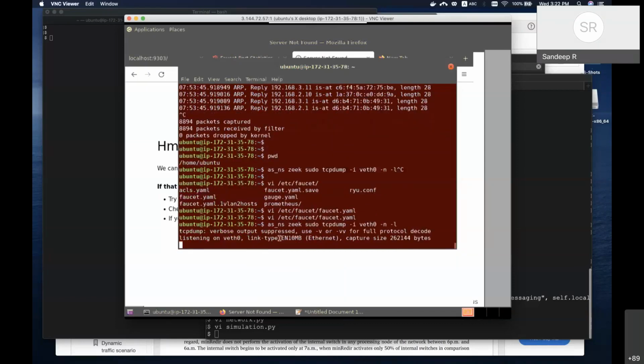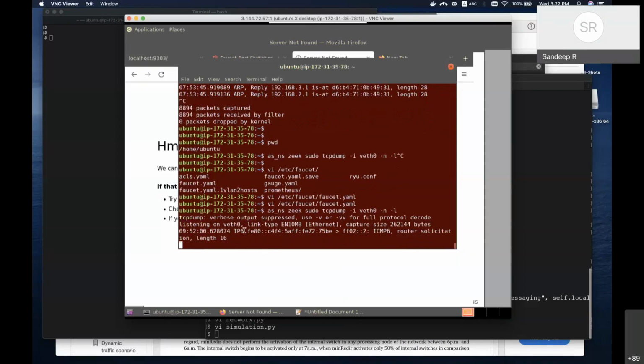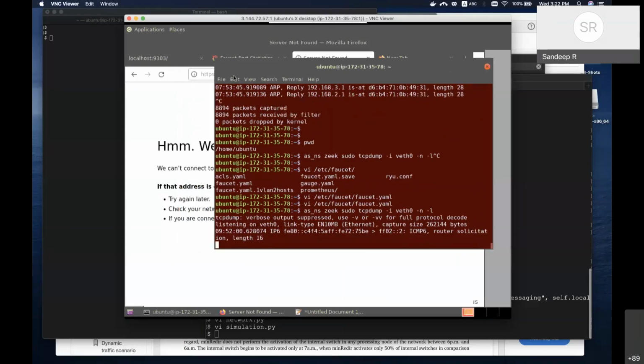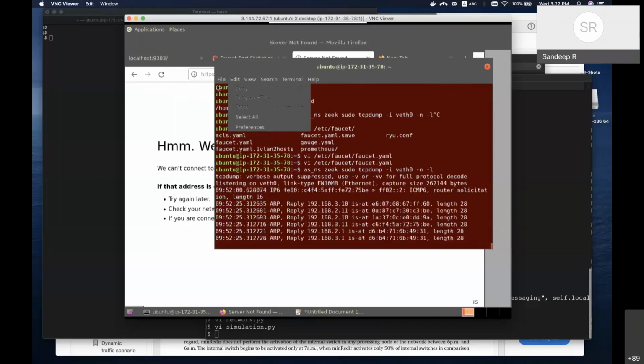Okay, so it's now listening to the port, and you can see that the moment we drop the firewall, it is getting traffic. Zeek is the firewall here, and what it is doing is a tcpdump. That means it is dumping all the packets that are coming on the firewall. You can see some of those packets coming in. Let me also do a real ping so that you can see more. Yeah, you can see some packets are coming from different IP addresses.